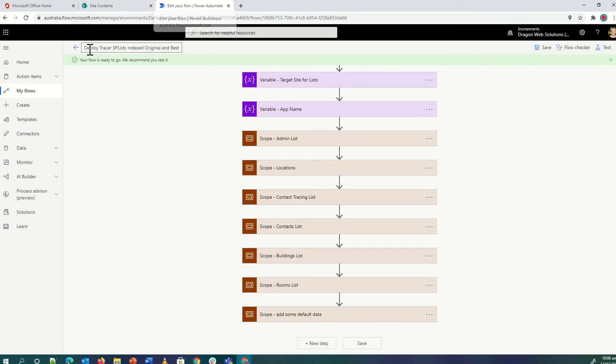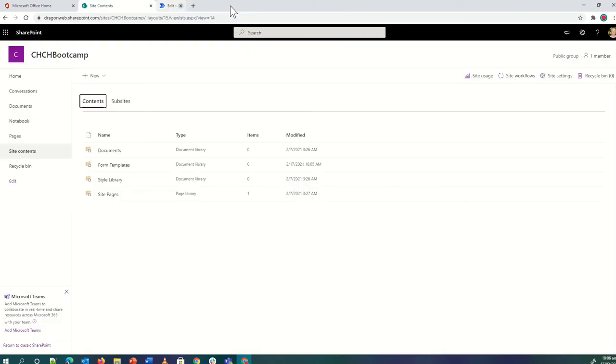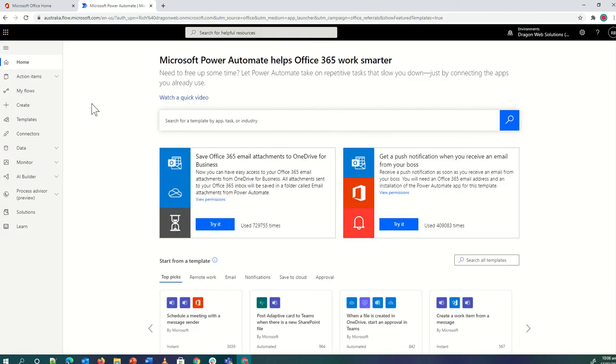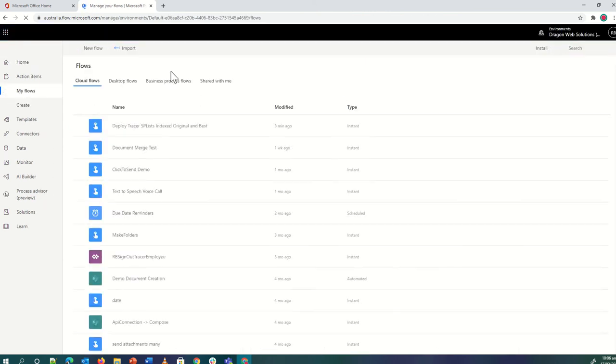So first up, if I close this out, you're going to want to go to Power Automate. I will imagine that you've been sent the email with the attached zip file, which has got the Power Automate workflow on it. Click on My Flows, and then we're going to go to Import. We're taking this guy basically, but I've downloaded it, so I'm kind of repeating how you would do it. So we click Import,